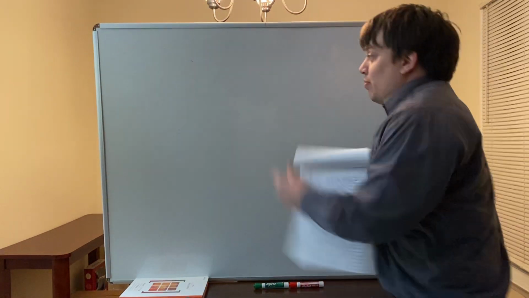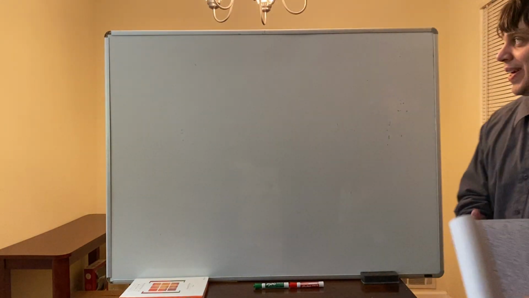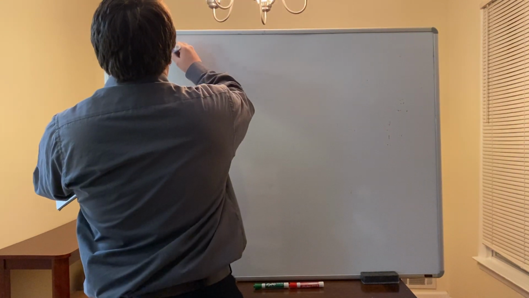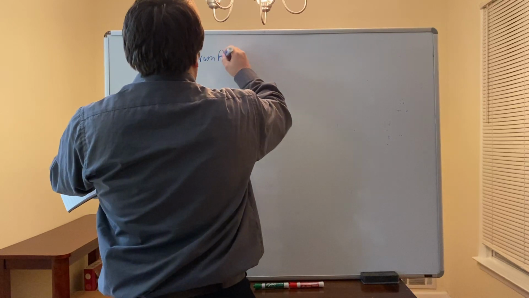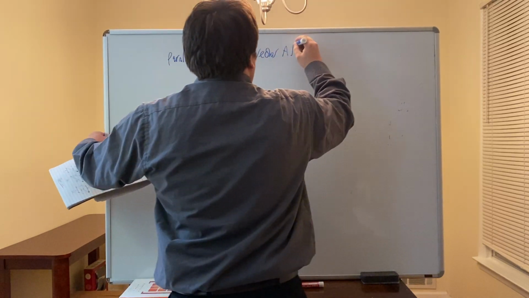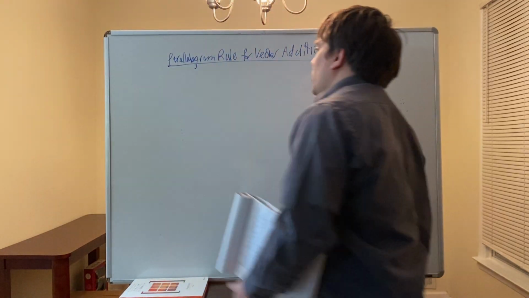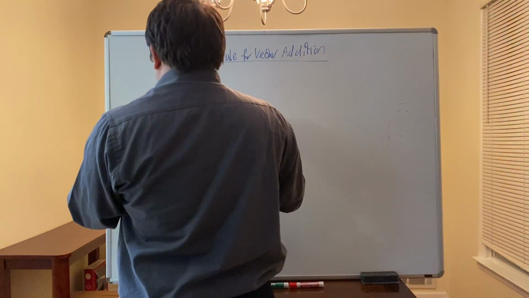Okay, so the board is staying up. Okay, so next is the parallelogram rule for vector addition. Okay, so this is the parallelogram rule for vector addition. So if V and W,